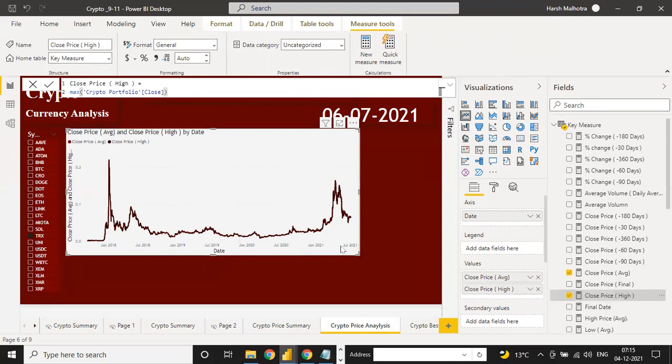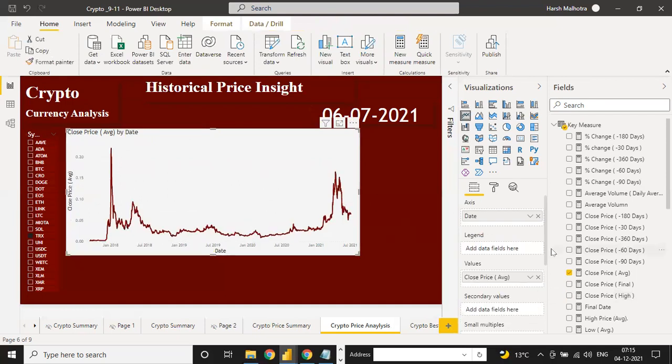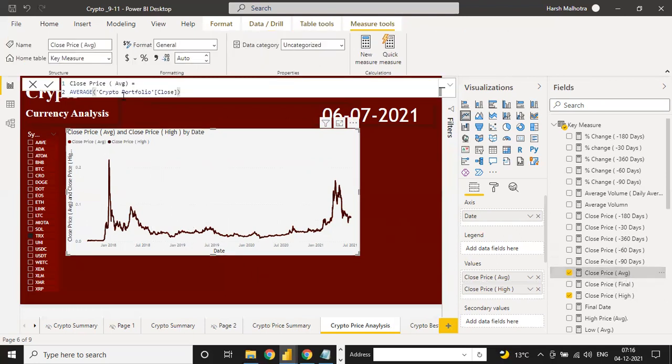Why is it not showing? Close price high, close price average, and close price high. Let me just check. Average of close price.